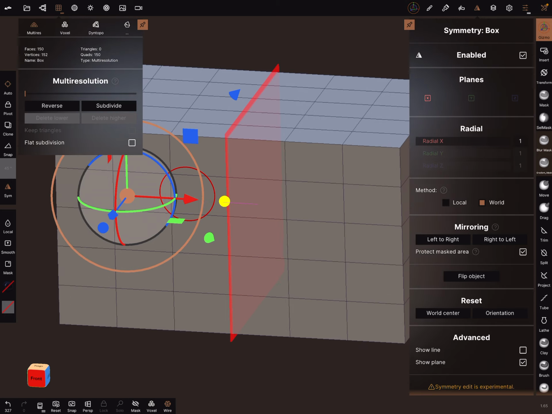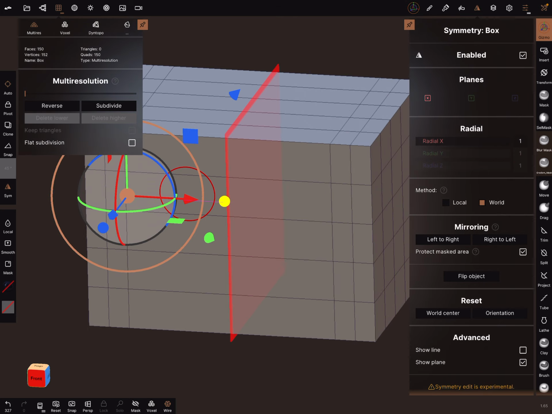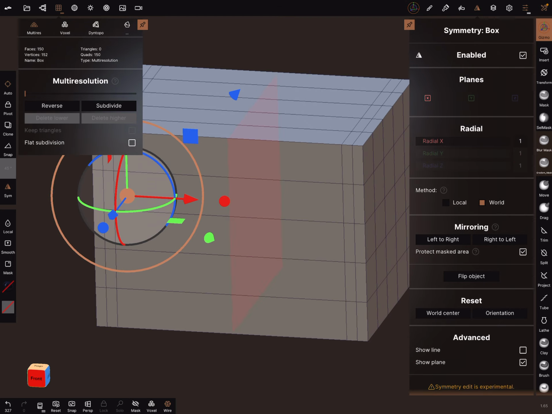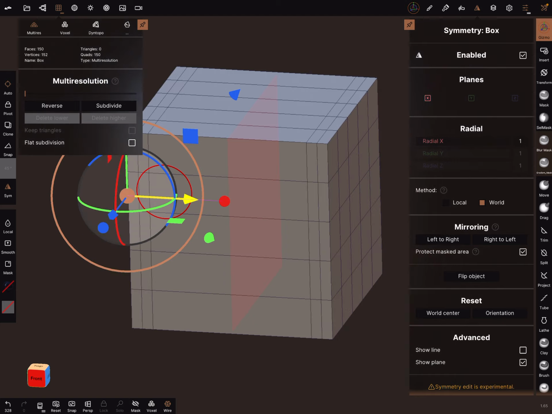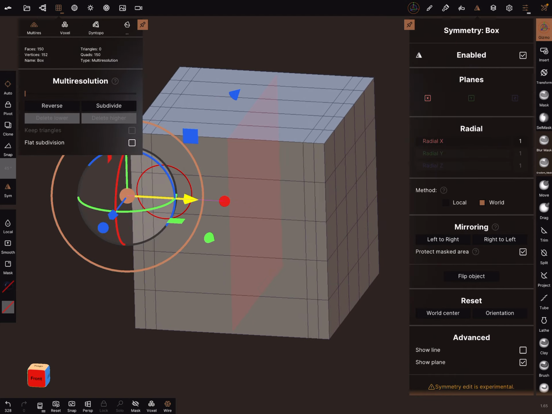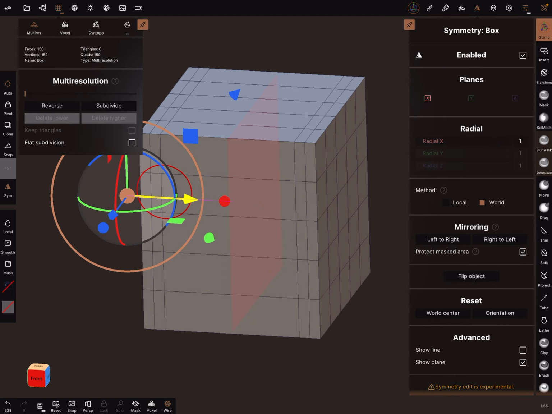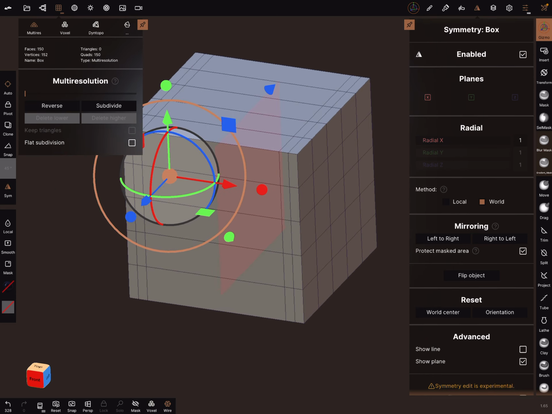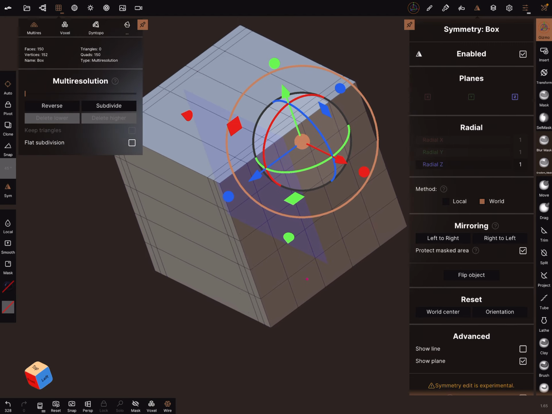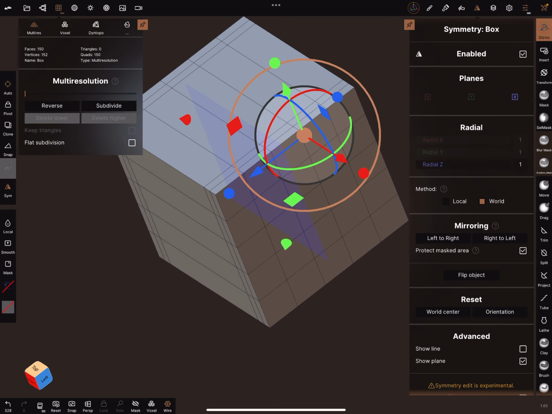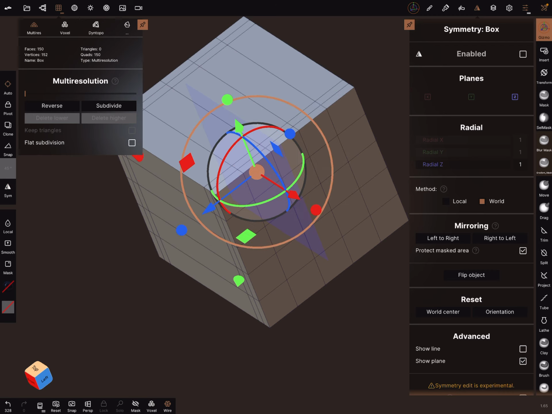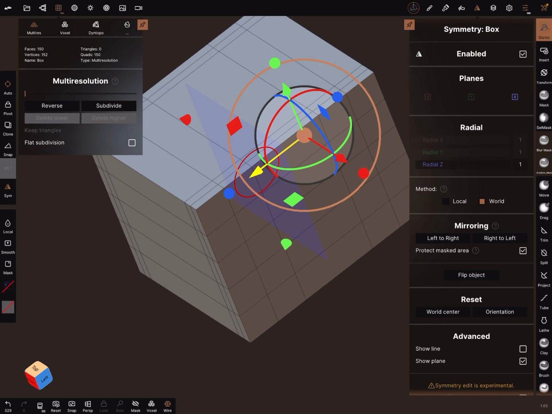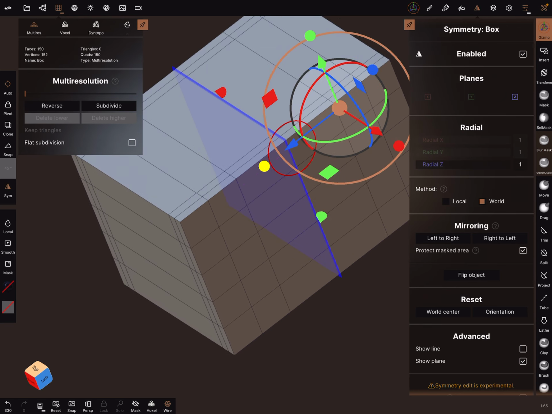And now you can adjust the grid. And with the arrow you can adjust the size of the object. And you can change the planes. For example, now I use the blue one, and now symmetry is on, and you can adjust it the same way.